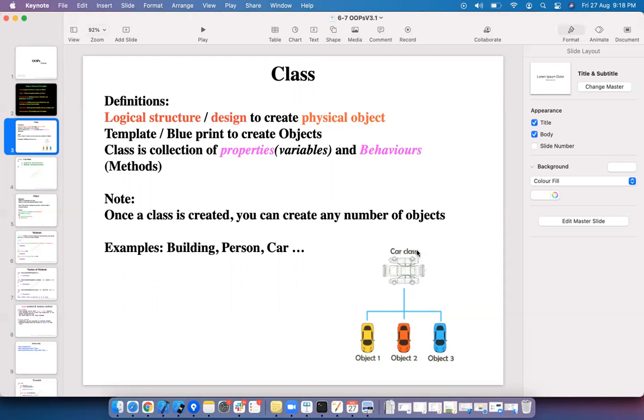One thing to remember is when you simply create a class, it does not occupy any memory. When you simply draw on a paper, it does not require any space. You can draw any number of buildings, you can draw any number of cars on paper, but actually it does not require any kind of space. Space in the sense memory. When you simply create a class, it does not occupy any memory. When you actually create the object, then only the memory is required. At that time, the memory is allocated.